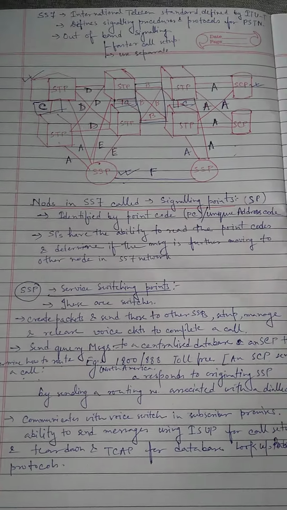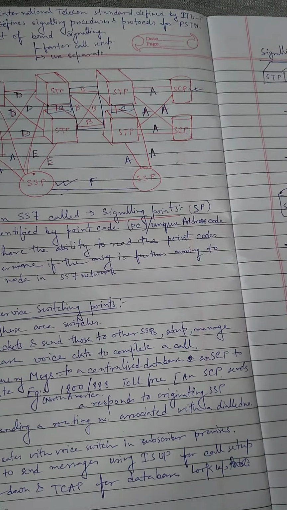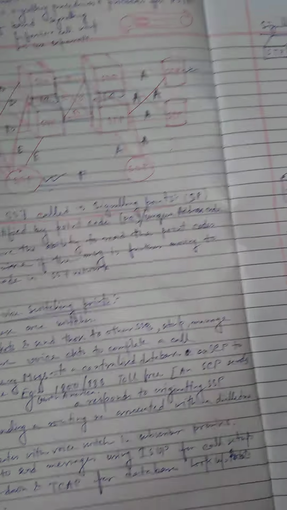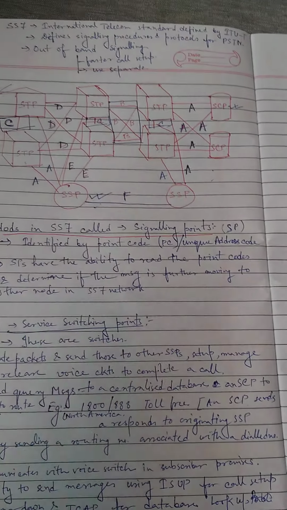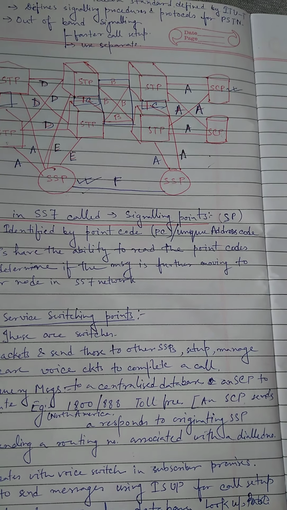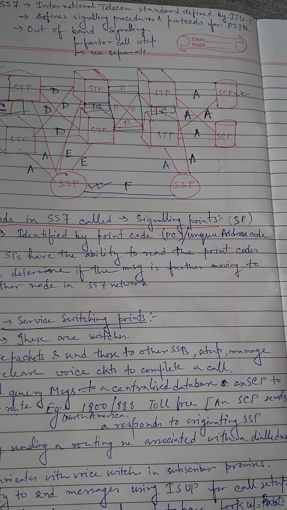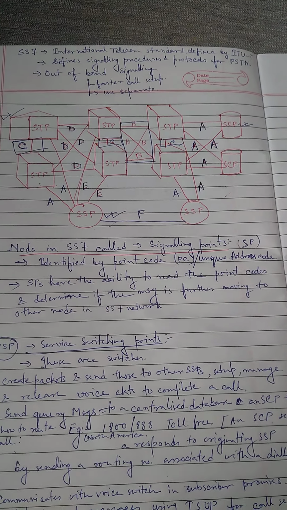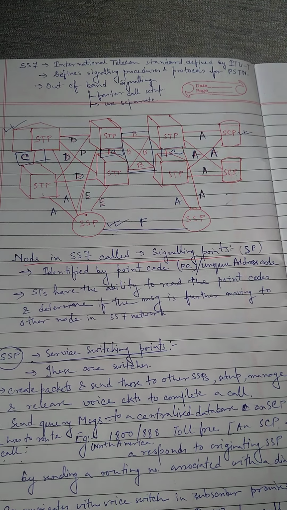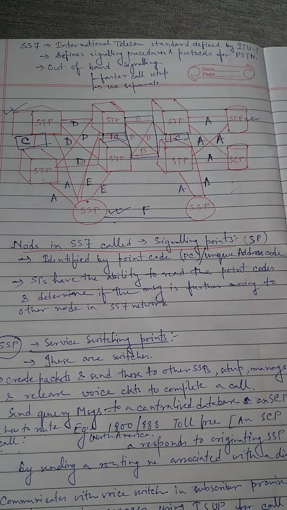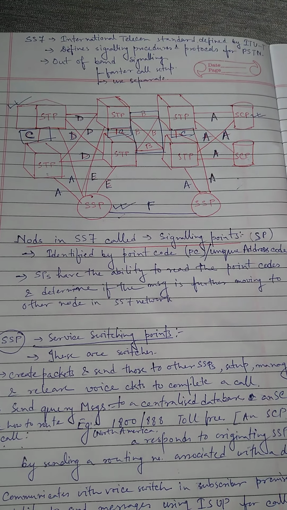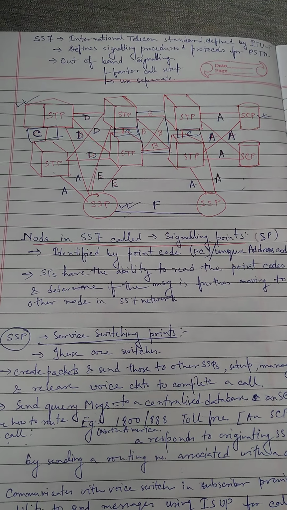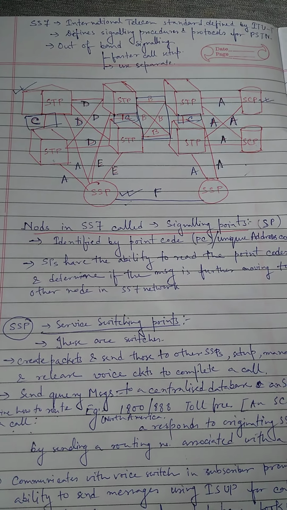What is out of band signaling? In band signaling is what was used by PSTN, where both voice and data used the same link. But for out of band signaling, the control signal travels on a separate dedicated path of a 56 or 64 kbps channel. So that will never interfere with the voice channel. That control signal will just help us create the path for the entire call setup and call releasing, etc. And it will be a totally separate path.